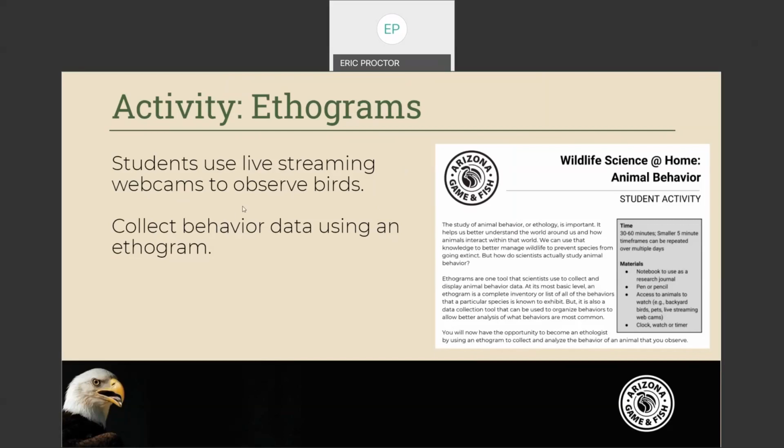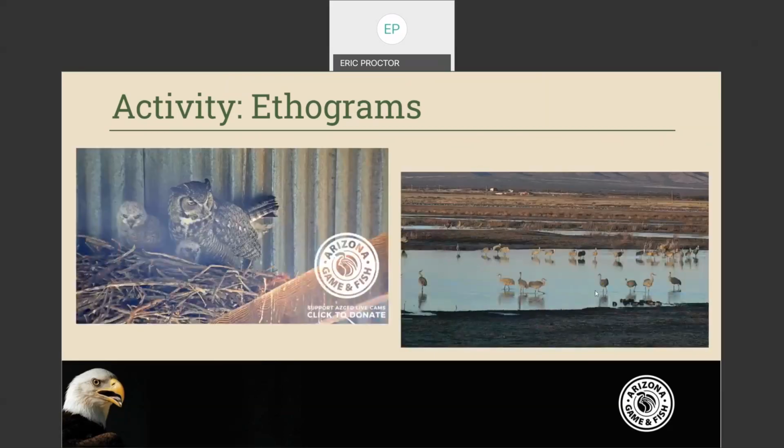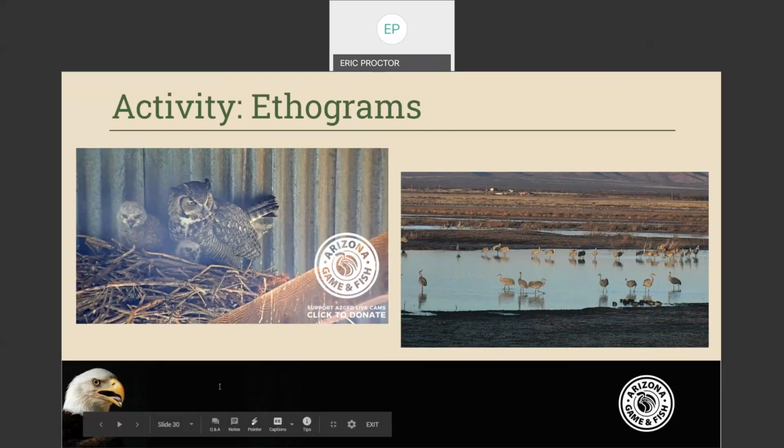All of this, again, you're going to have access to. This is an example of some of the webcams, some screenshots that were captured from the webcams. The one on the right is our sandhill crane cam. You can see, again, not active right now because the cranes aren't here, but when they are active, these are the types of images that you get. And then the one on the left is our great horned owl nest cam, and you can see that there are two babies that we actually followed to where you actually follow the growth and development of these babies. It was absolutely fascinating.